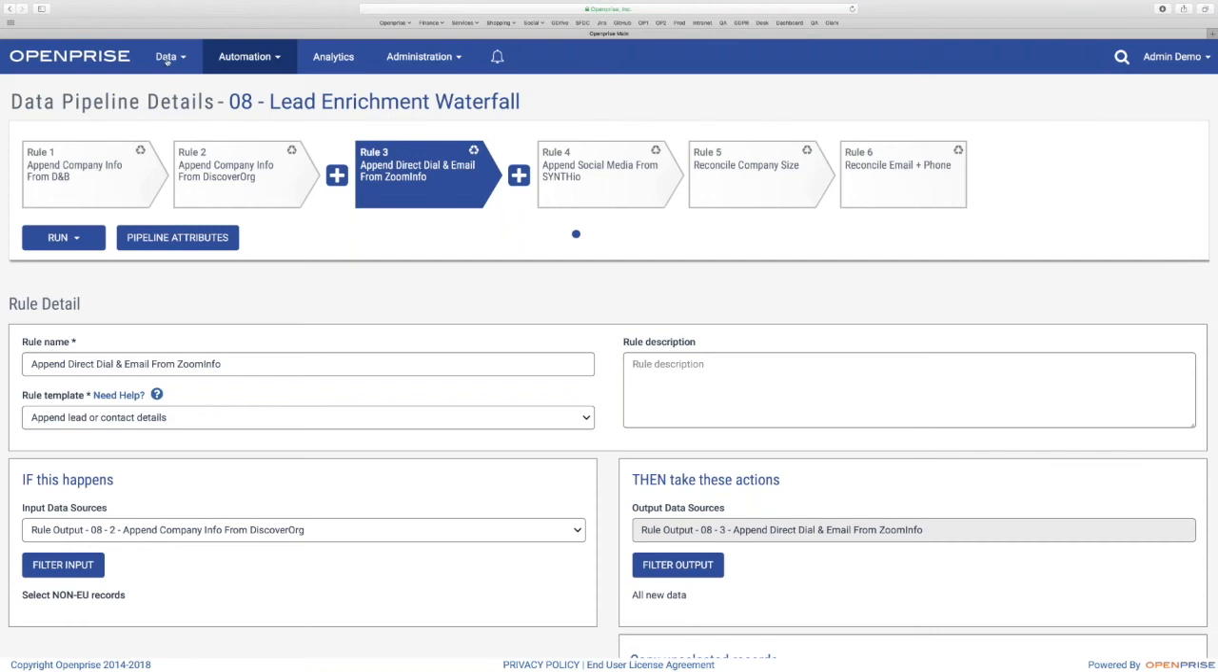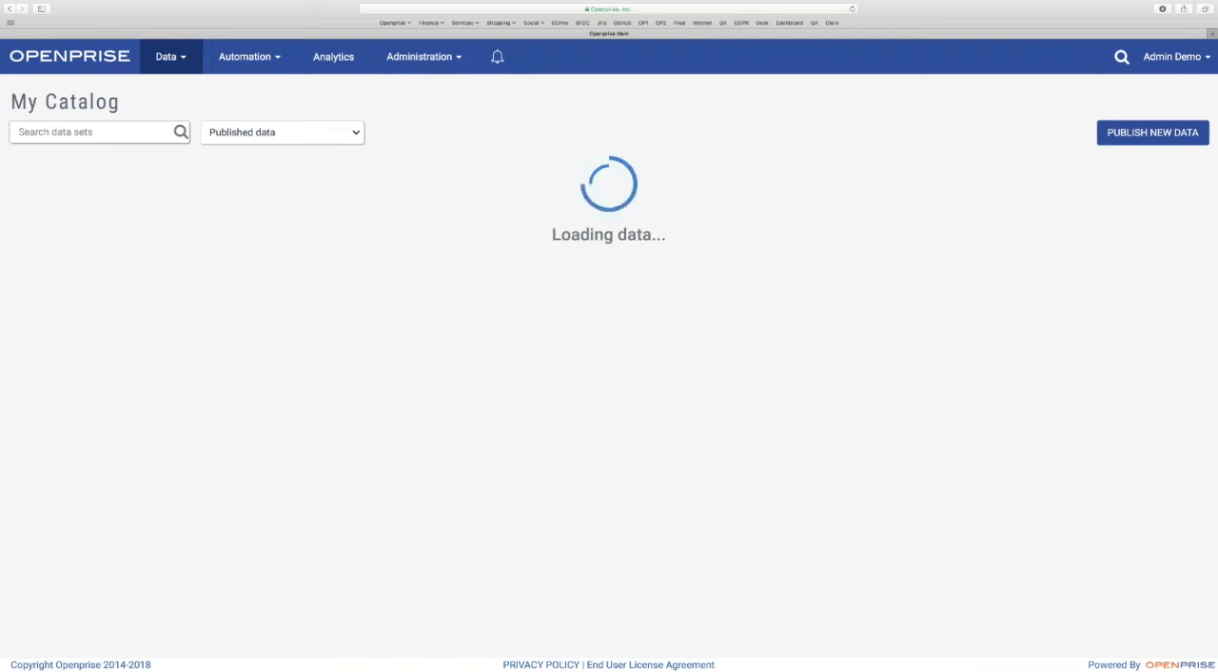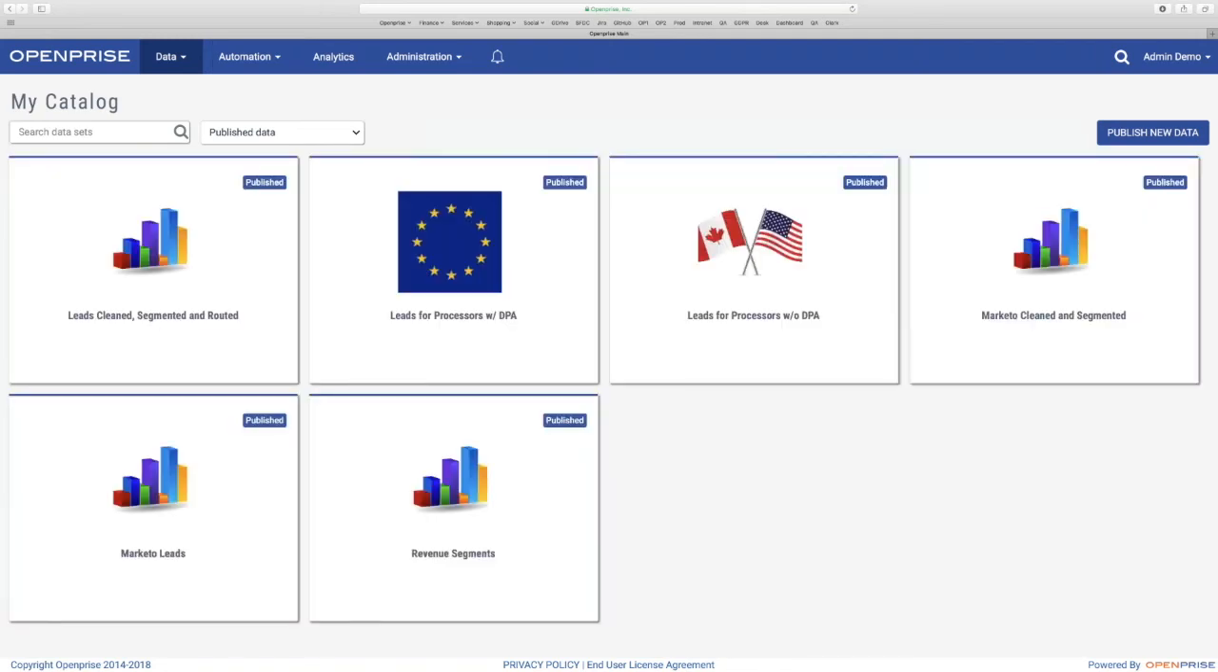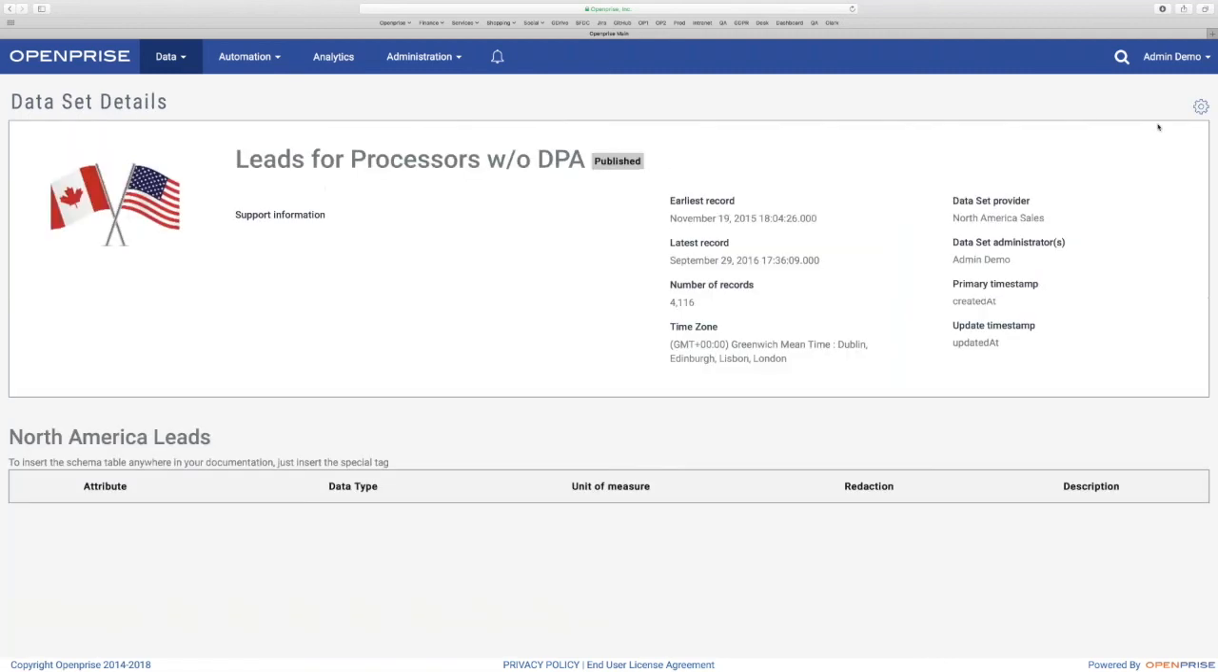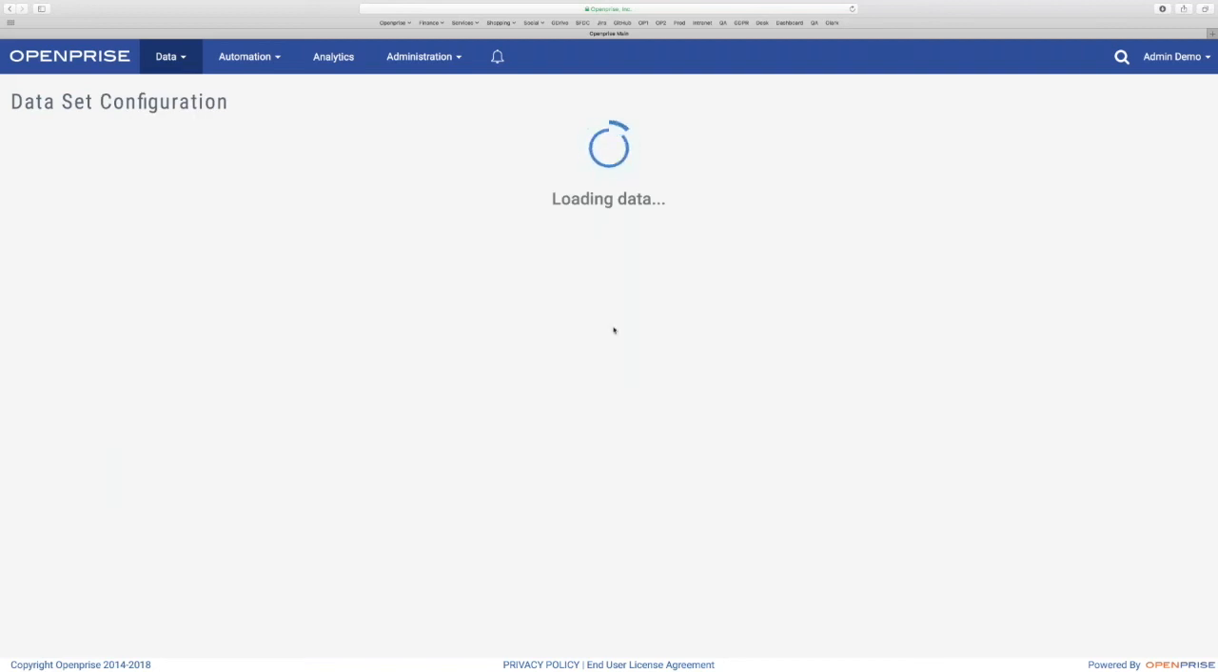The manual delivery, again, gets a little more tricky. So we have the mechanism called a data catalog. If you go under data and click on my catalog, in this example, we set up a Marketo database and expose it 2 different ways. We have one view for the processors that are GDPR compliant, that you do have a DPA with, and then we have one without. Now, if you take a look at the configuration of this data source,